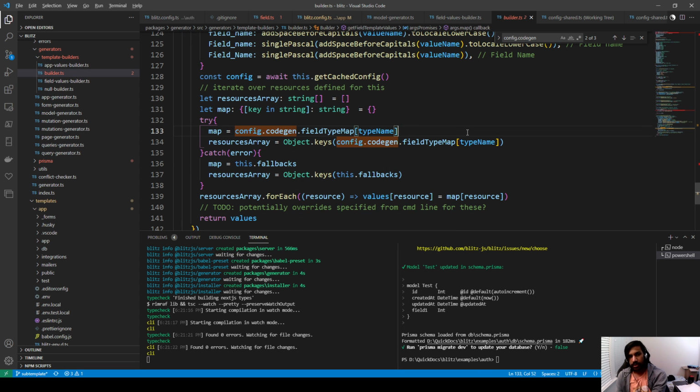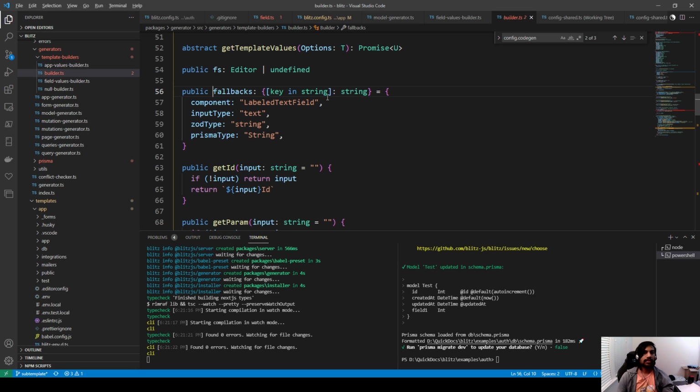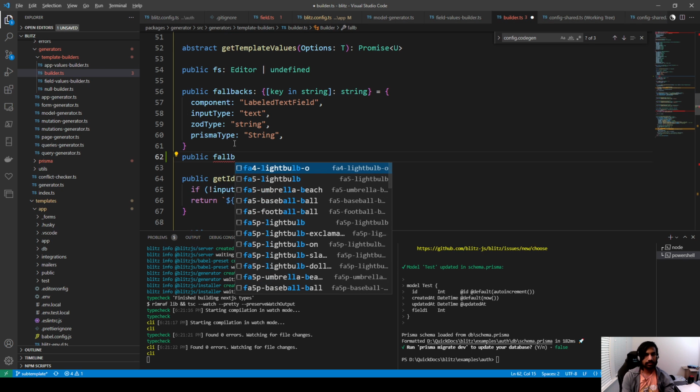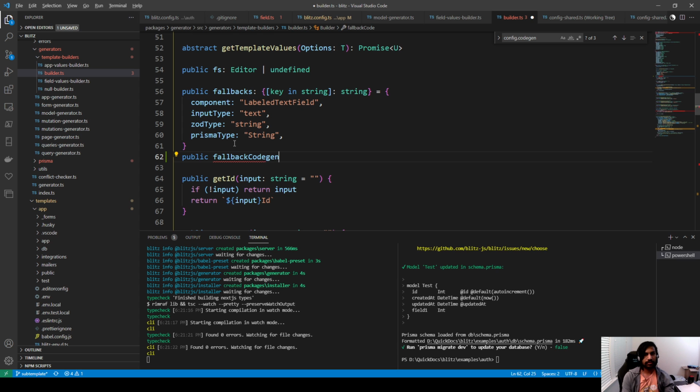So I think as is, this should work because we're going to try to get the value. We're going to fail because it's not present in the app. And if it is, it's what we want to use. So we are going to sort of populate, like that logic kind of works already. And if it fails, this is what we want to watch out for, is our defaults need to be the fallbacks. So this is going to be different. The fallback code gen is